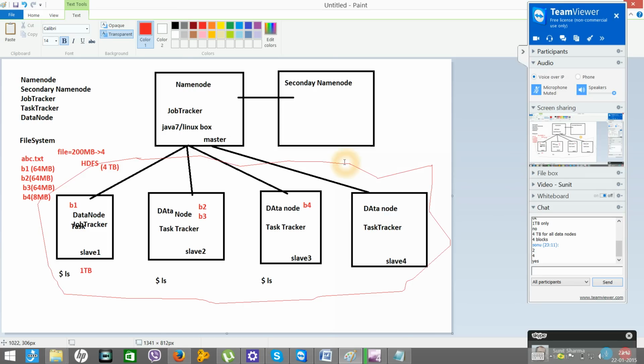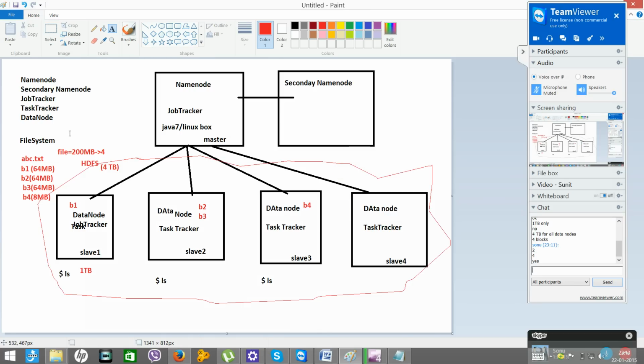Okay, so internally Hadoop will store this data. When you give this file, Hadoop will divide this file into 4 blocks: block 1, block 2, block 3, block 4, and it will start storing the data somewhere, anywhere in the cluster. As a programmer, as an end user, you will not have any clue where this data is actually stored, in which node.